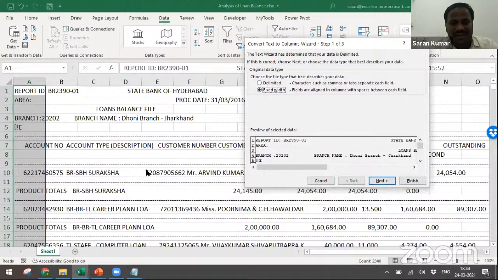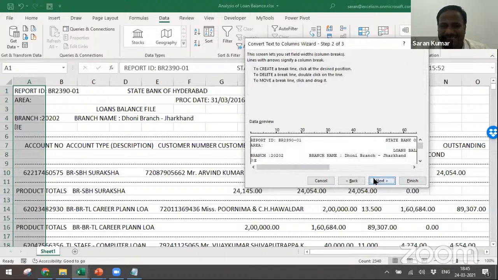Do you think A4 size paper width may change from country to country? No, everywhere it is the same. Based on the paper size, they arrange the columns, how it has to appear. So every column has a standard width. When it comes to delimited, every column does not have the same width. But how will the system know that every column is separated with a delimiter value? So let me take fixed width here. Let's go to the next.